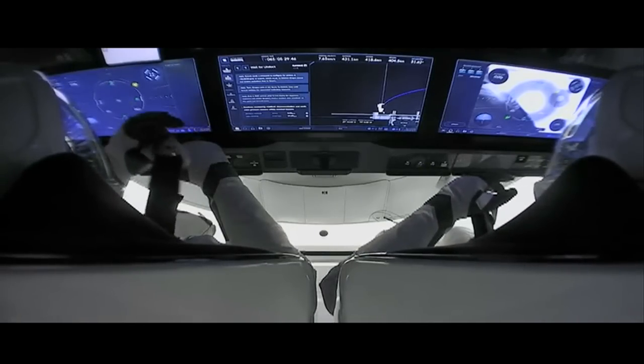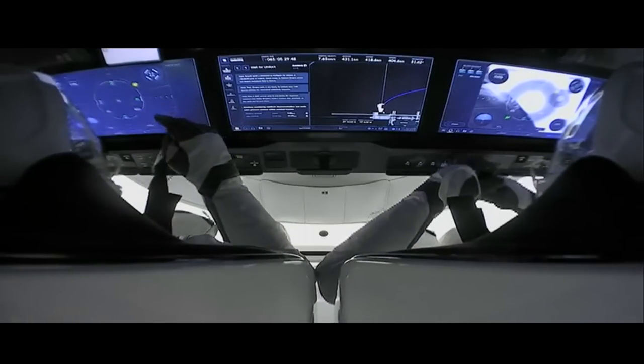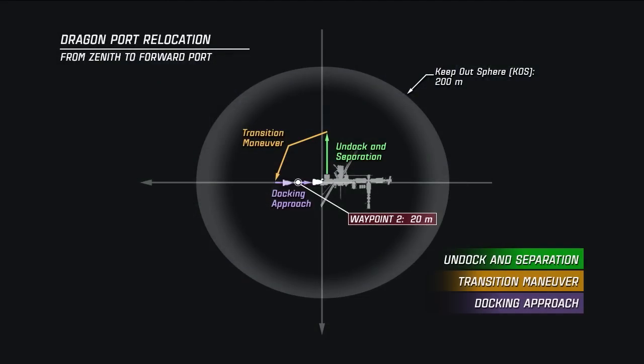Right now, with Dragon attached to the Zenith or space-facing side, it's attached by 12 latches, as well as an umbilical that provides data and power between the Dragon and the International Space Station. Upon undocking, it will separate from the International Space Station and retreat out to about 60 meters. We should expect either a hold or a smooth transition over to this transition maneuver